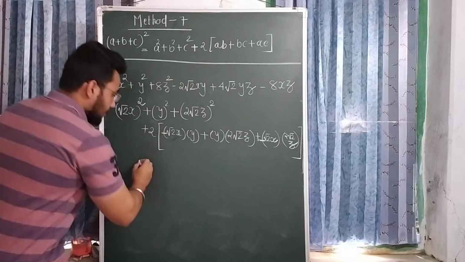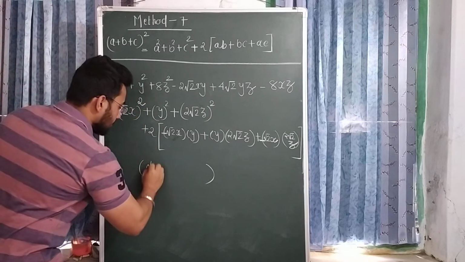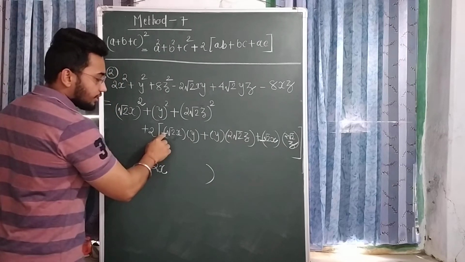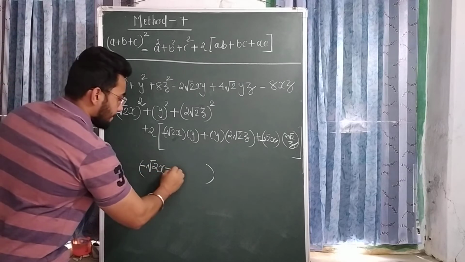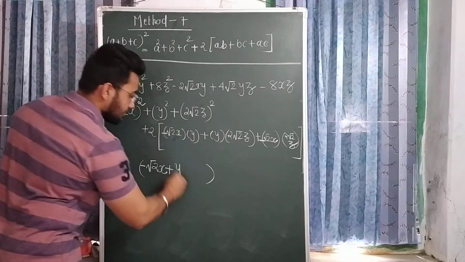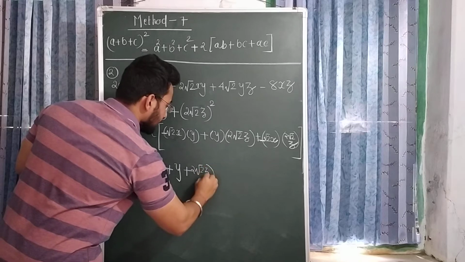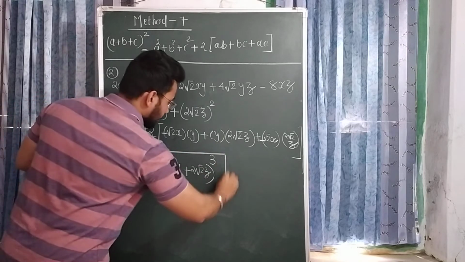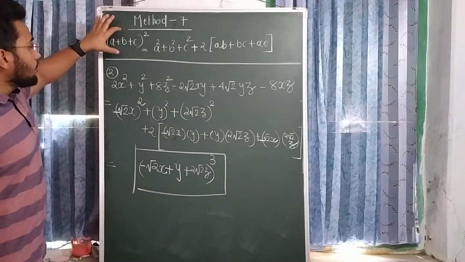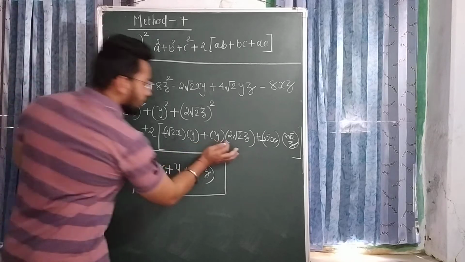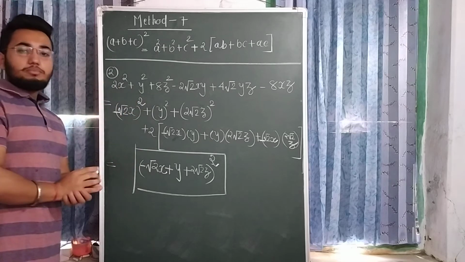So whenever I contract, I just write here three terms only, a, b and c. This is a, root 2x, but you know that root 2x is a negative, then you have to put here minus. B, this is b, and c, this is c, the whole cube. See, this is the term that I am writing in the form of a plus b plus c whole square. Okay, so this way you have to solve the examples of method number 7.